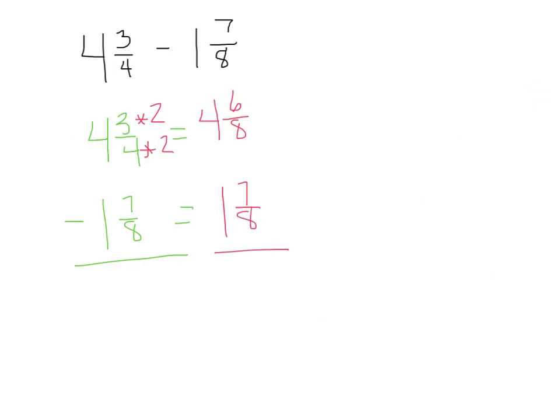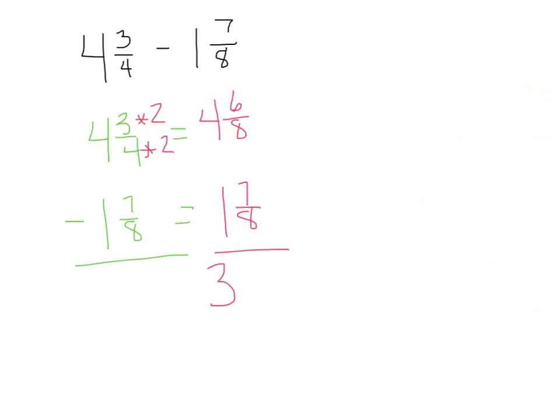Now, I can try to subtract 4 minus 1 is 3. But what about here? I have 6 minus 7. That's going to put me into the negatives. So that's not a good solution. I don't want to do that. Okay? So instead,